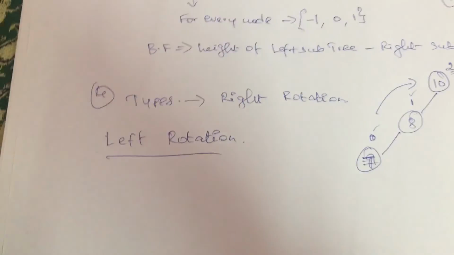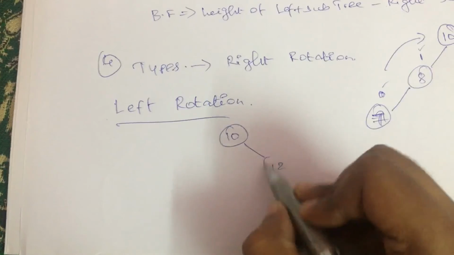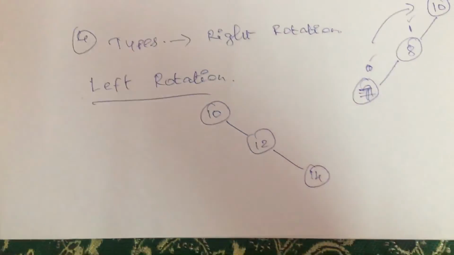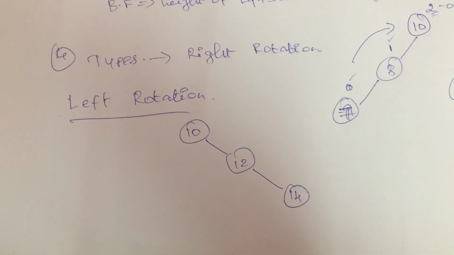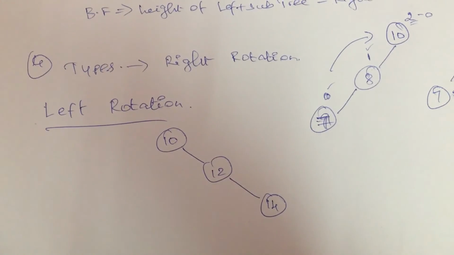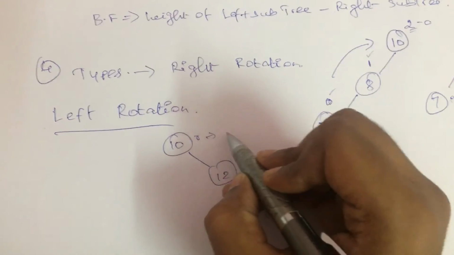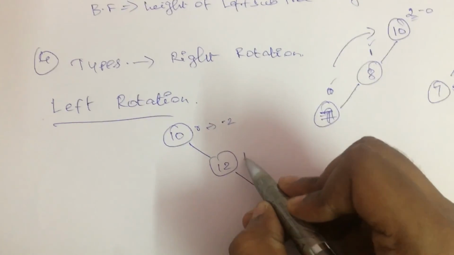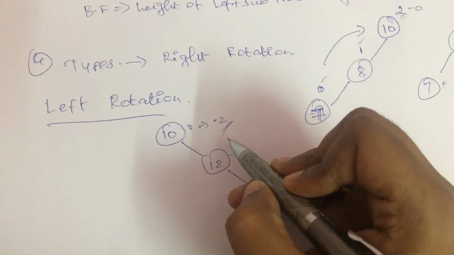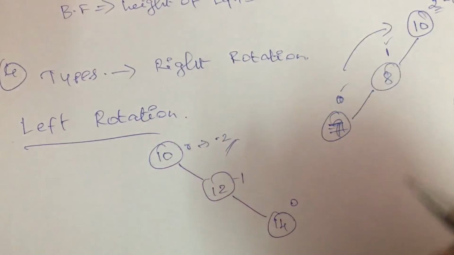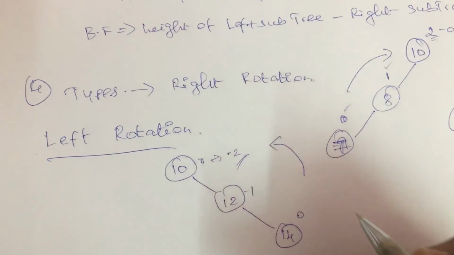So now let's go with the left rotation, and for left rotation let's assume an example as 10, 12, 14. So where we have 3 nodes in our tree, and one is 10 and other value is 12 and last value is 14. So here 10 is actually a root node, and which has a balance of -2, and here it will be -1 and at last it will be 0. But again -2 cannot be considered, right? So it can either be -1 or +1 or 0. So again I have to follow a rotation process, and that rotation should be in leftward direction.